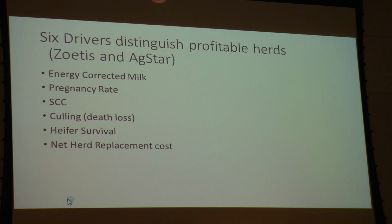All right. How quick are these cows getting pregnant? Again, because we want them to enter those higher phases, those higher lactation numbers where they make more milk as we go out in lactation. Somatic cell count, so what type of impact both on milk production as well as milk prices, right? Somatic cell count is going to influence what type of